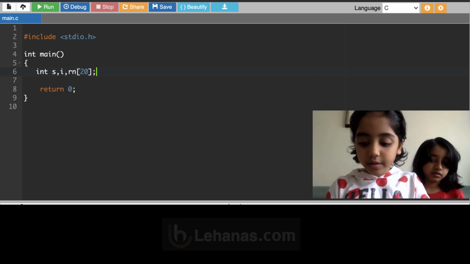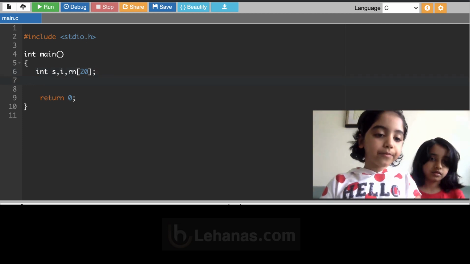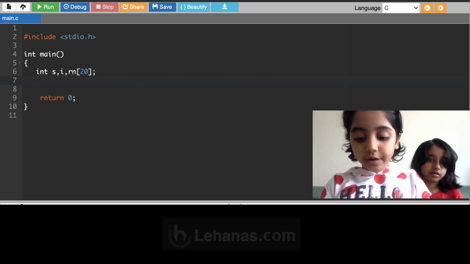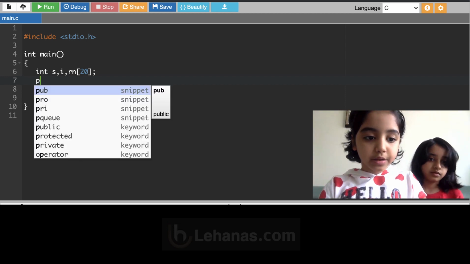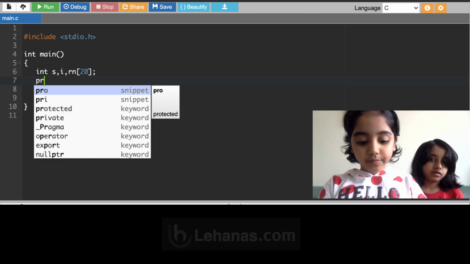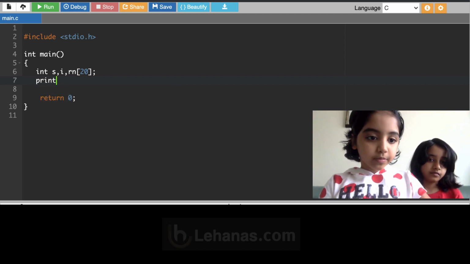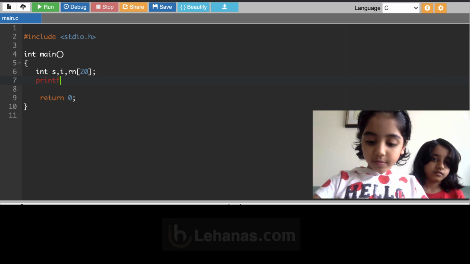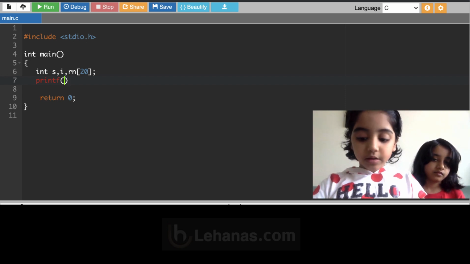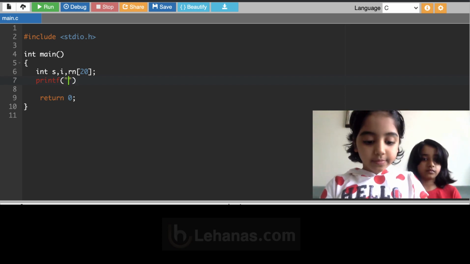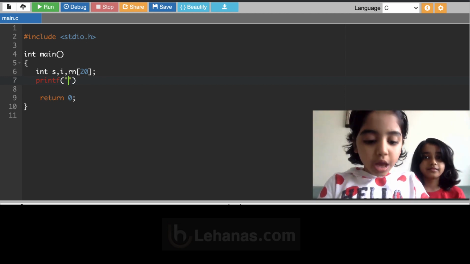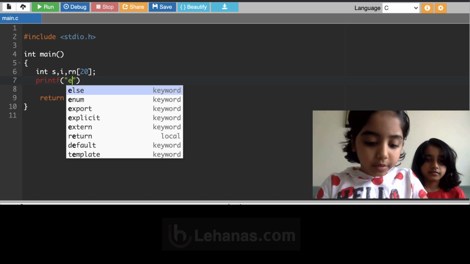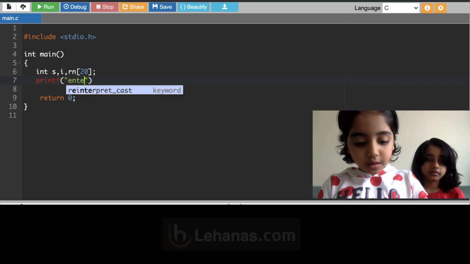Then semicolon and enter. Then we are going to declare printf. Printf is an output function and I'm going to use it to make messages. I'm going to open bracket and double quote. Then I'm going to make my message: enter strength